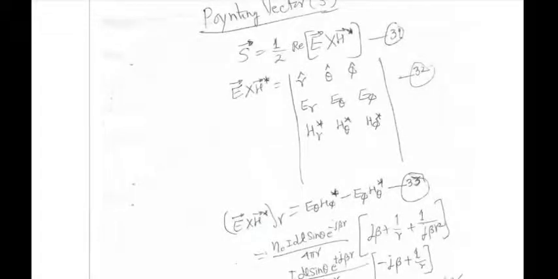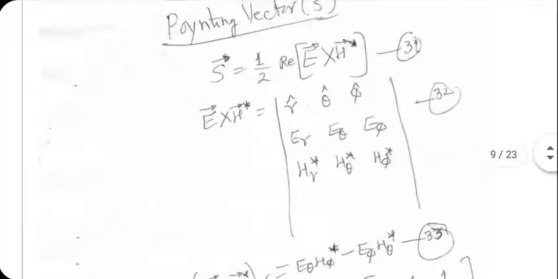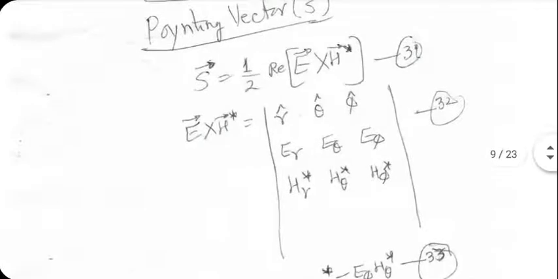In the near field, ER will be there, E theta will be there, E phi, let's say in theory it's there. I know in practice one of them will disappear. And HR, H theta, H phi, I'm putting all of them for the sake of completeness right now in equation 32. And the H components have a complex conjugate sign on them. That is the way the vector product of E and H complex conjugate is defined in a spherical coordinate system. So what happens to the Poynting vector, which will actually help us in calculating the total power radiated from this antenna?